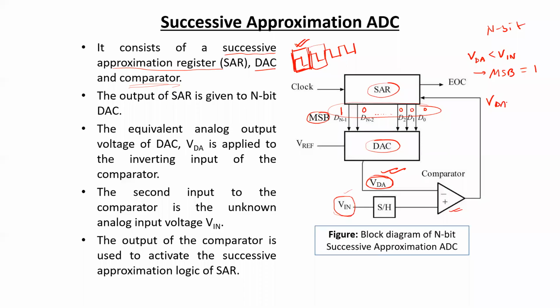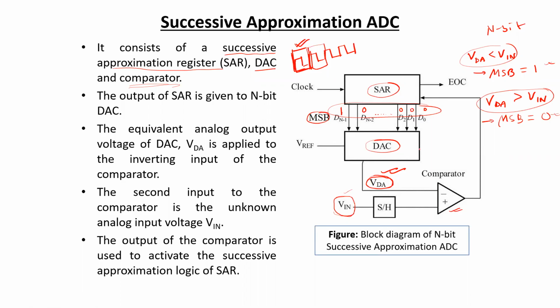Or if VDA is greater than Vin, then the successive approximation register will decide that the MSB should not be kept at 1, it should be cleared to 0. Suppose this is the first cycle where the MSB is considered. When the decision is taken for the MSB, either 1 or 0, depending upon the comparator decision,